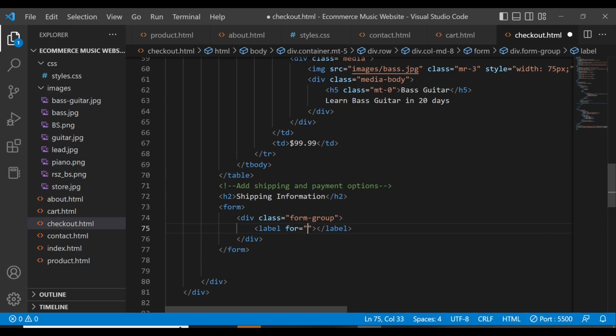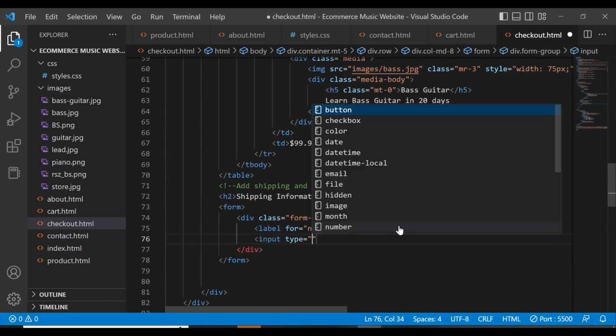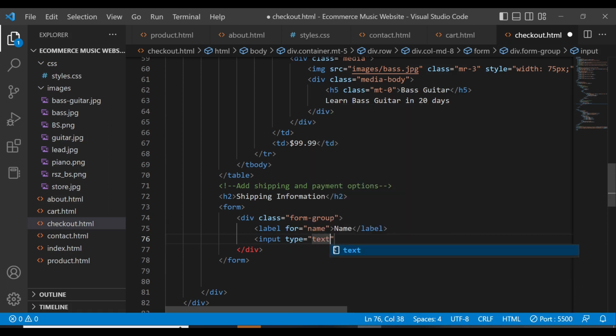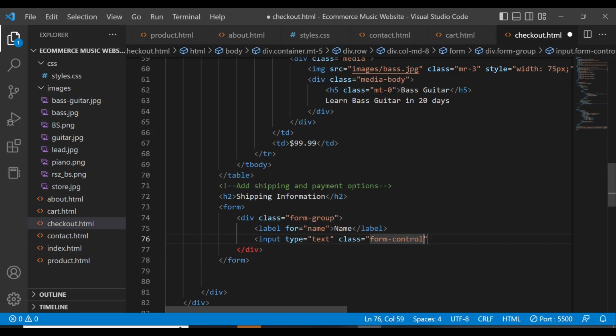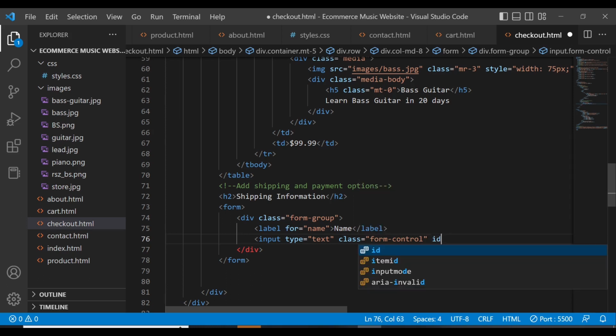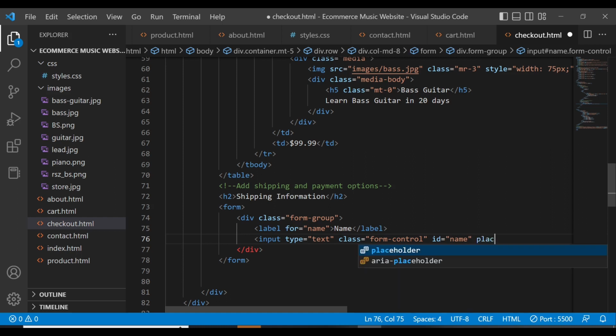You need to close that one that way. So the label is for, of course, the name, like that. And then next we're going to have an input. So you're going to have input type. So the input type is text with the class, so class is form control, and then of course we have the ID, which should be name, and then a placeholder,